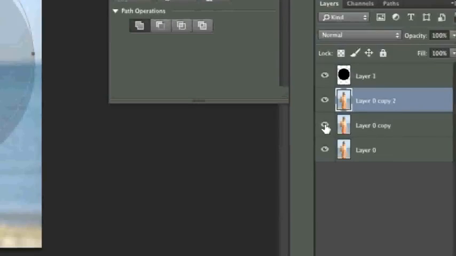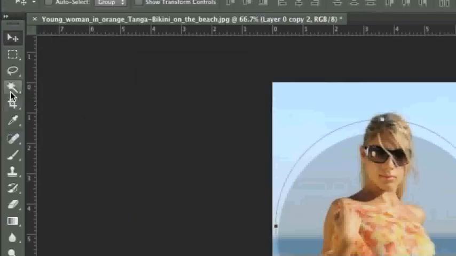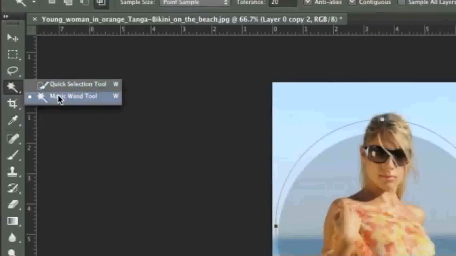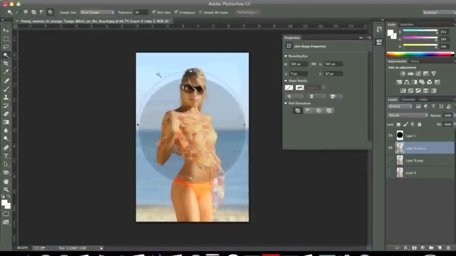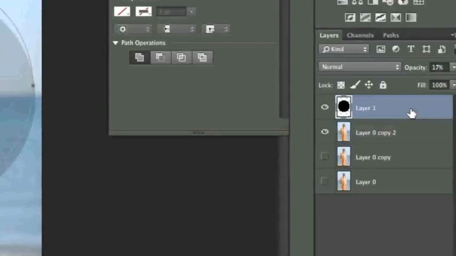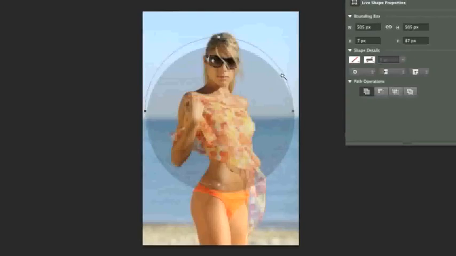And now what I will do is hide these other layers that are over here because I will use them later on, by simply clicking on the eye, and I will make sure that this layer is selected. And now I will go to the magic wand tool here. If you had the quick selection tool, simply right click and left click on magic wand tool. And now simply go back to your shape and click so that you have the circle